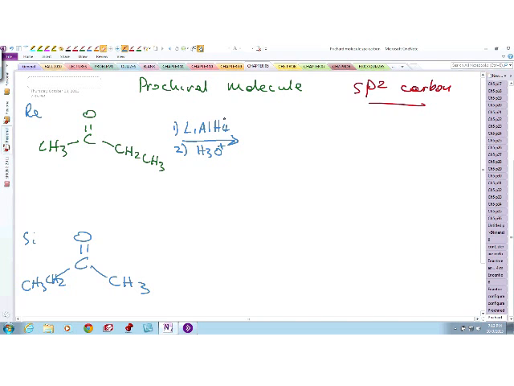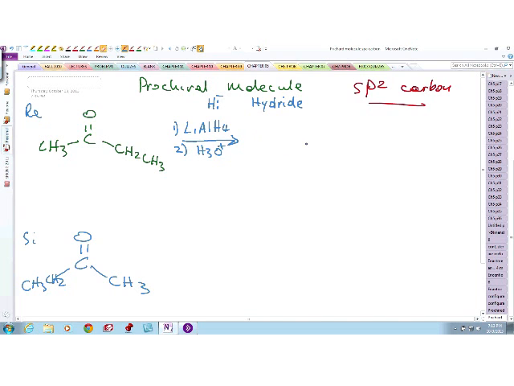So what the lithium aluminum hydride does is to supply a negatively charged hydrogen atom, which we call hydride. It will supply a hydride to this molecule. So if this hydride comes from the Re face,